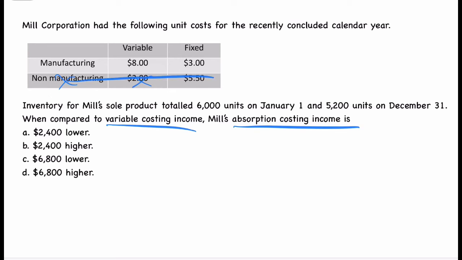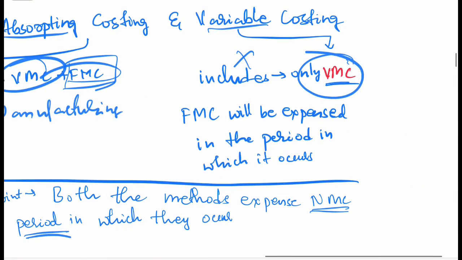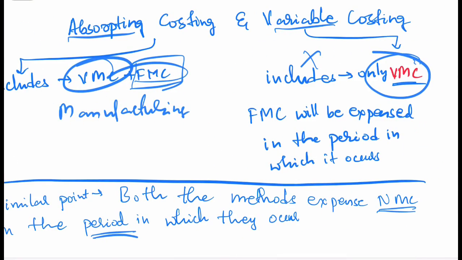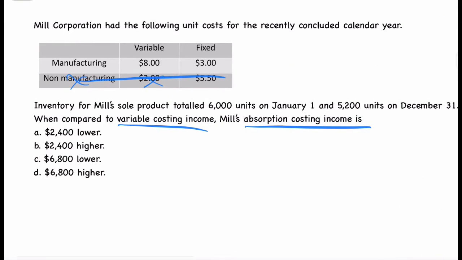Next we have manufacturing variable and manufacturing fixed. But we know that in absorption as well as variable costing, we are going to take variable manufacturing cost into consideration. So even when we do that, there will be no possibility to compare, because both are going to be the same. So what is the one cost that is left for comparing? The only cost that is left for comparing is fixed. That's why I eliminated this one too. So okay, you found this out. What are you going to compare with? How? That is the question.